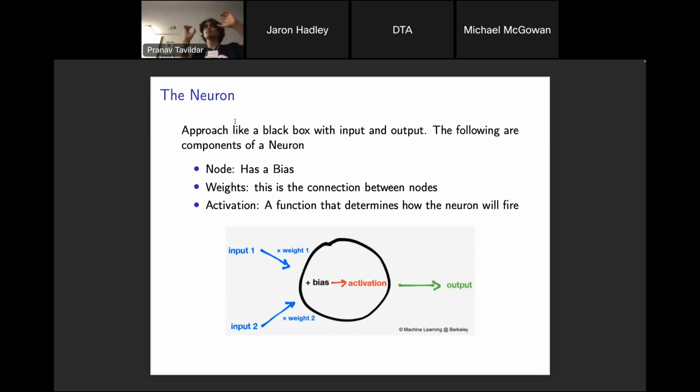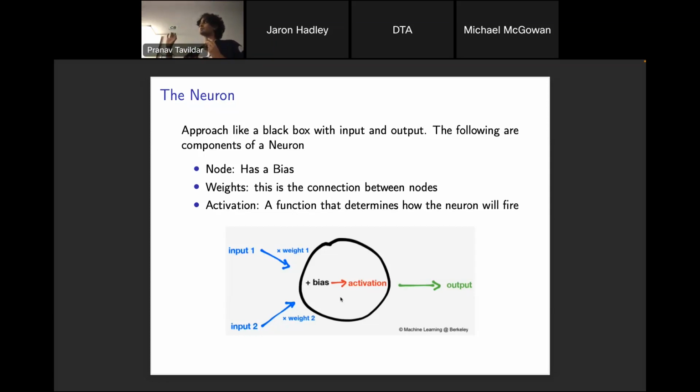So that connection between the input node and this node is connected by something called weights. So we have a weight of 1 here from this node, and we have a weight of 2 from this input node. Basically, you would take the data, multiply it by the weight, and then add the bias, and put it through an activation function, which is a function you can use to determine what the output of the node will be. There are different types of activation functions, which I will cover a bit later. But in essence, this is all a neuron is.